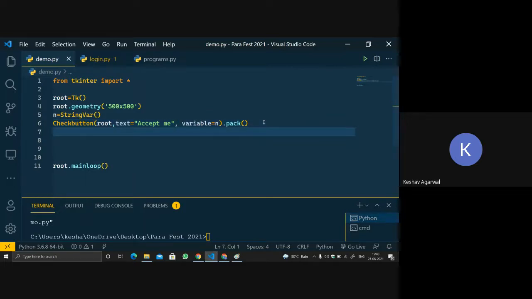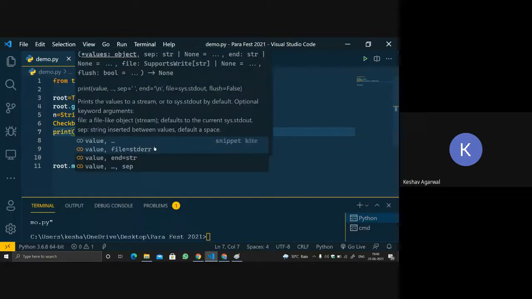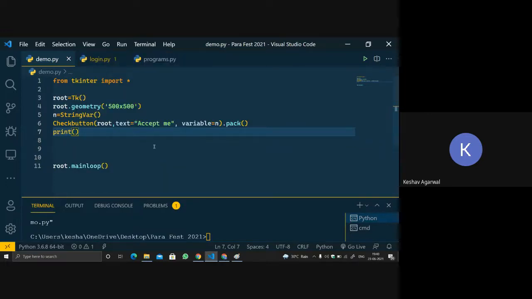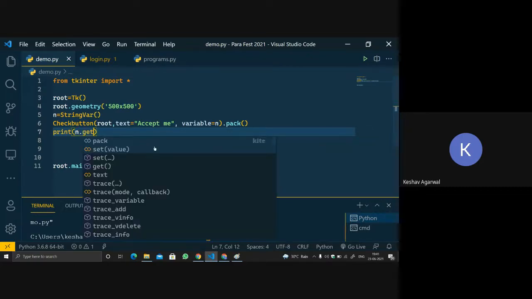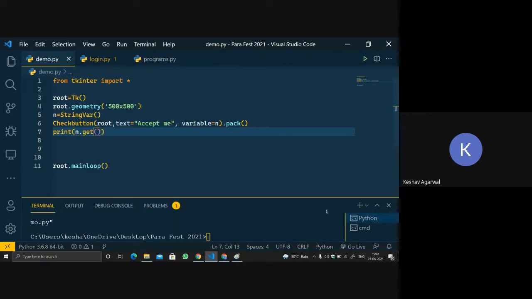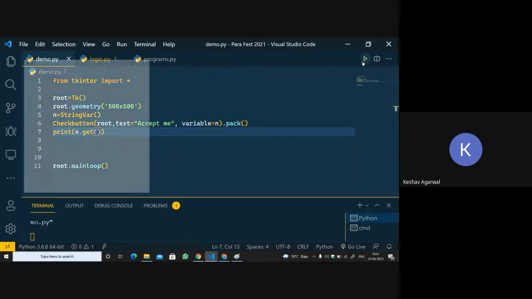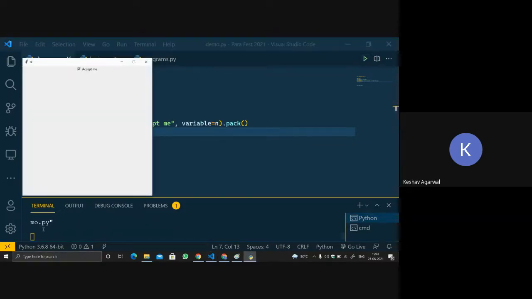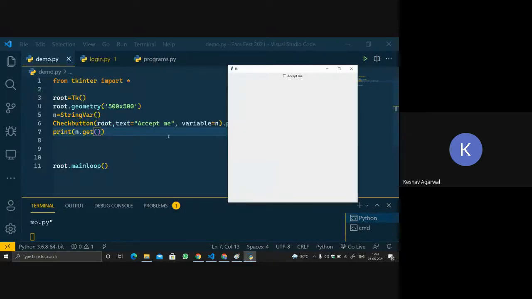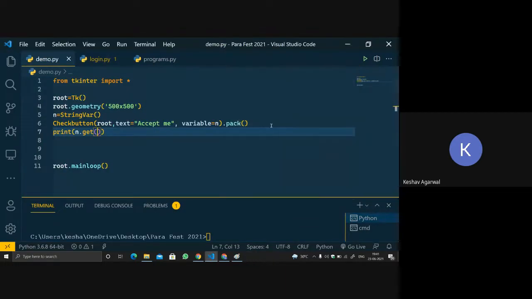We cannot print it like that only, so let's do one thing. It won't return anything in the start, because the print statement will be executed once only. So we'll need to add a button to get it. Okay, no problem. So this is a check button.